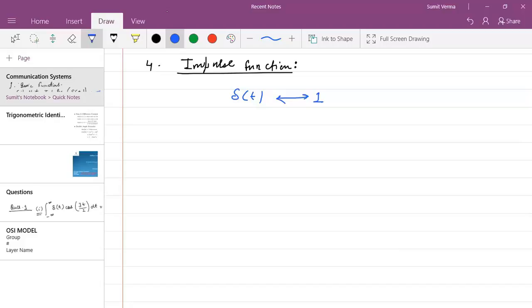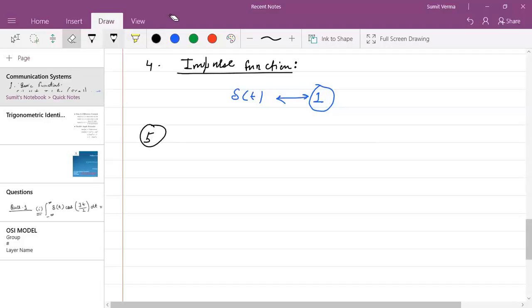Similarly, let's say we want to find the Fourier transform of this one. So basically we want to find the Fourier transform of a constant value. It can be anything, in this case it's 1. So for that we use a very important property of Fourier transform,